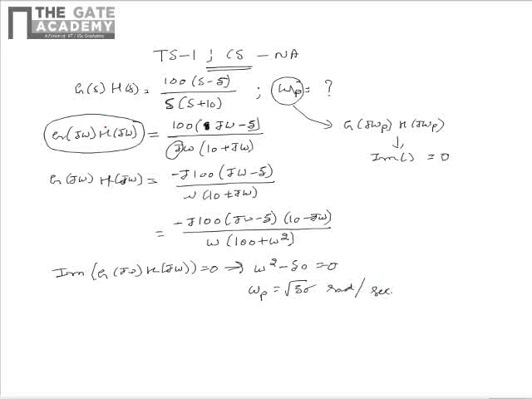From this we see that for the given G(s)H(s), the imaginary part of G(jω)H(jω) is equal to 0 at ωp equal to root 50 radians per second. So from this we can say that the phase crossover frequency of the given control system is root 50 radians per second. Hence the correct option is